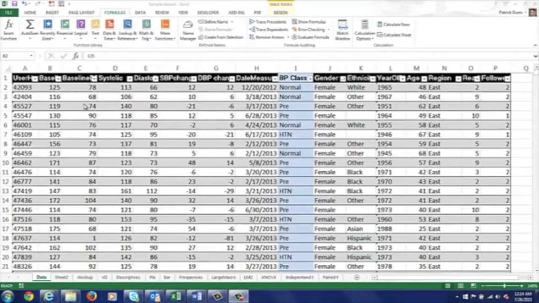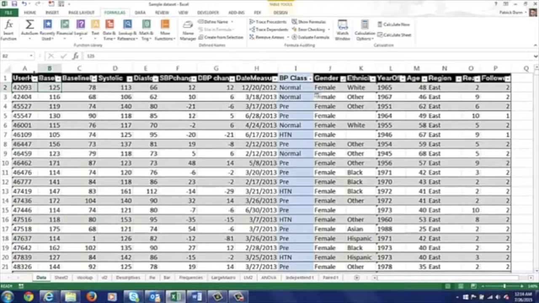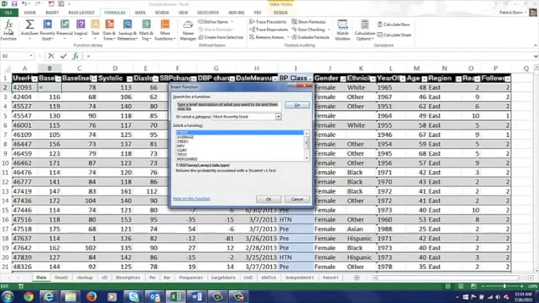I have my Excel database here. I'm going to show you how to run some statistical tests in Excel. So there are some tests you can do. If you go to the insert function, and if we're looking for, let's say, a t-test, so you can type in